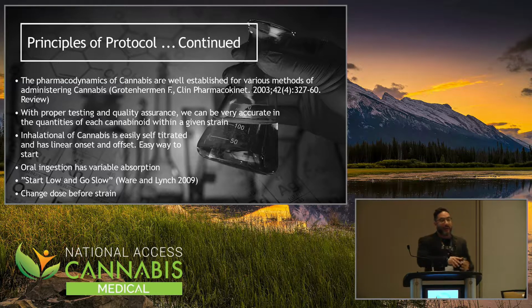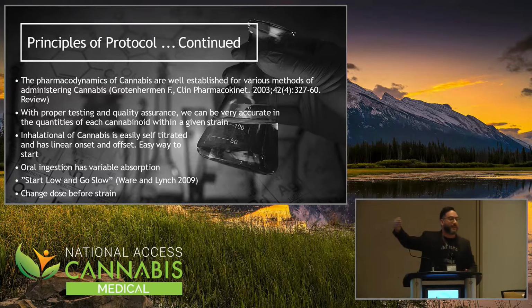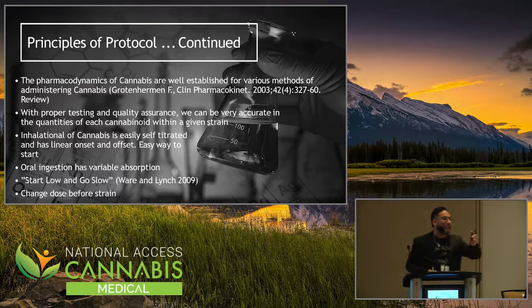Now, for long-acting, because ingested cannabis usually has a 30 to 60 minute onset and lasts 4 to 5 hours, that's what I use for their sustained release. So if they're on Hydromorph Contin or something, that's how I start getting them off of that, using ingested cannabis. So I use inhalational cannabis and oral cannabis together. That's how we bring it together, and that's how we get people off of opioid therapy.